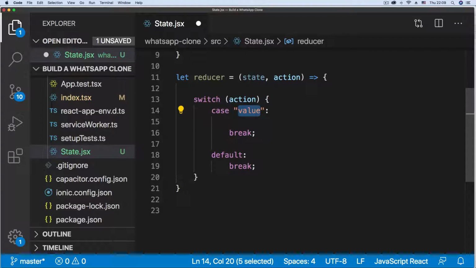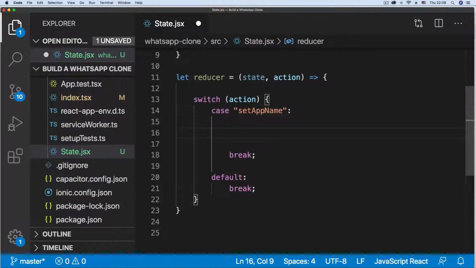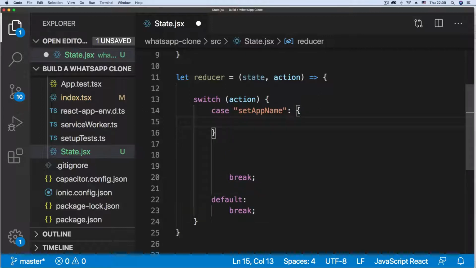And let's say we are trying to change the app name. Let's say change app name, or something more appropriate, let's say SET_APP_NAME. So if the user is trying to change the app name, say SET_APP_NAME, and we can simply say okay. For that, let's return an object, and we simply return the current state and the appName to whatever the user is passing in the